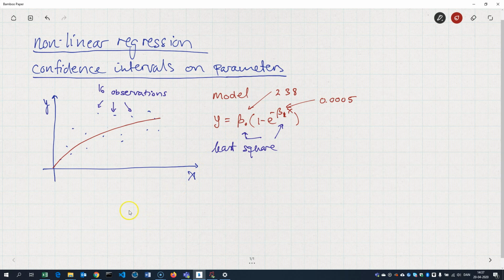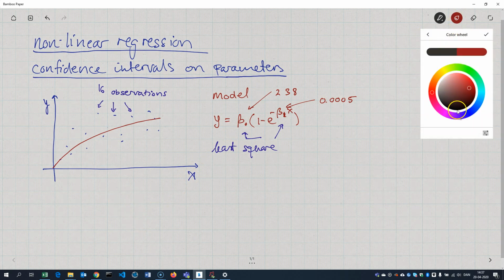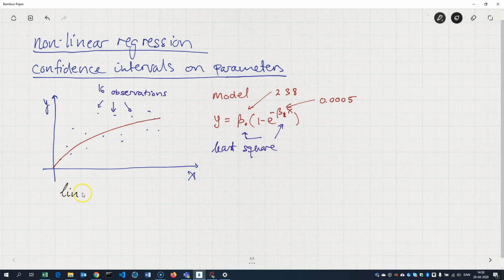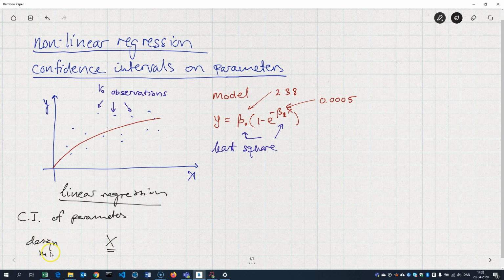Well, if it were linear regression, this is nonlinear regression, but if it were linear regression, I'll just do a quick recap of that. I'll just remind you how we find the confidence interval of the parameters there. What we would do is define what we call the design matrix. And that would contain a column of ones all the way down 16 rows if we have 16 observations, and then a column of the x values,